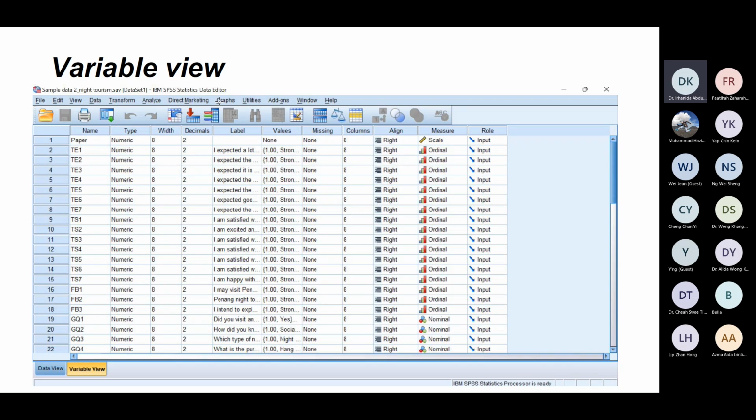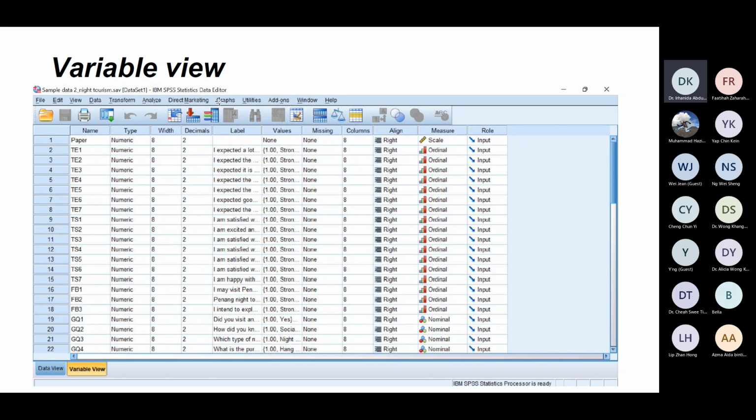Measure is quite important. I will explain later, but in short, measure represents the options of answer that we provide here. In this questionnaire, I have Likert scale. Likert scale is the range of answers that I provide for the respondent based on preferences like strongly agree, agree, neutral, disagree, strongly disagree. So this is ordinal, by rank. Ordinal is by rank, from strongly disagree to strongly agree.